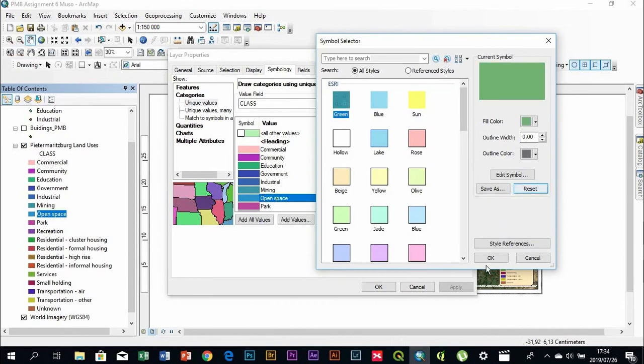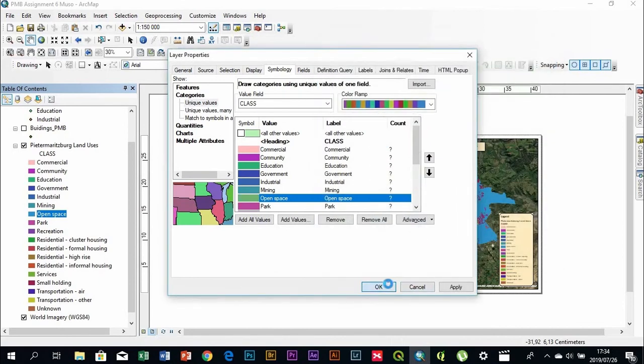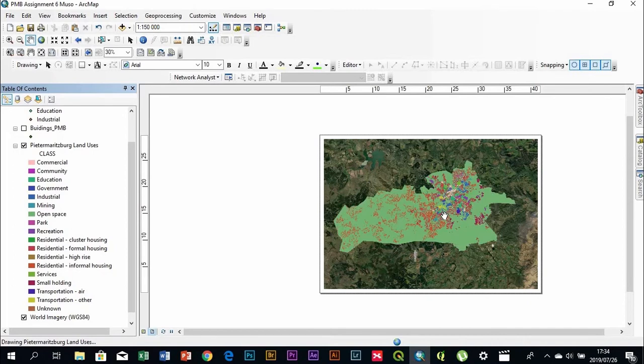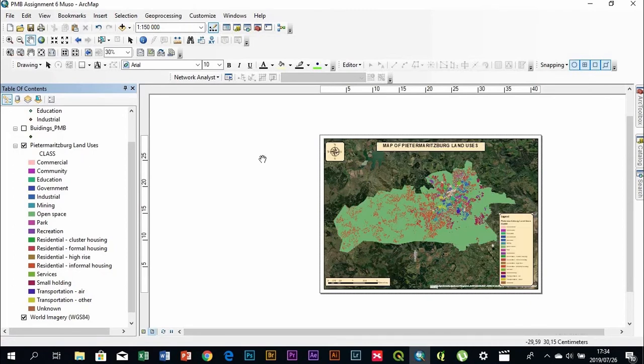Let's see if I make it green. Let's see how it comes out. So obviously with visualization, you just have to play around with a few colors and so on. You just have to play around with it and see what appeals more. If you want,